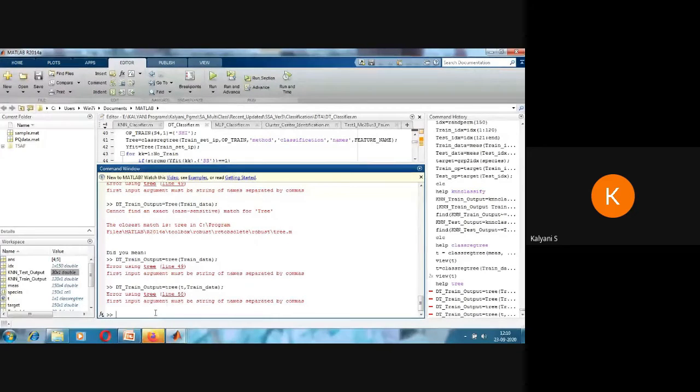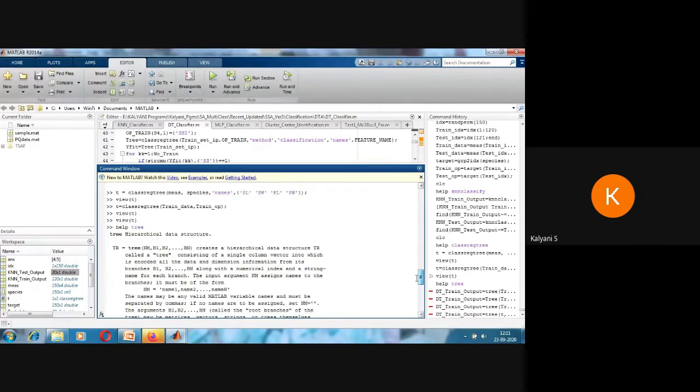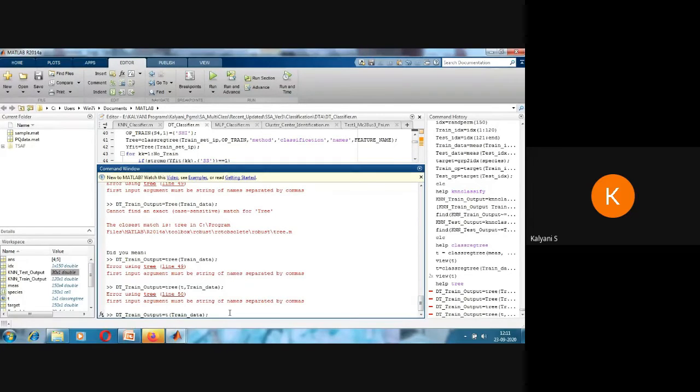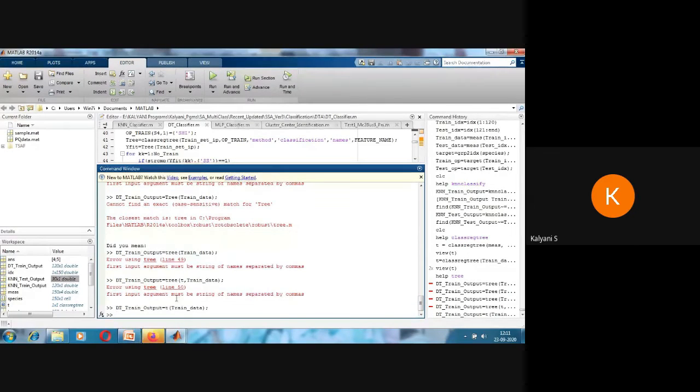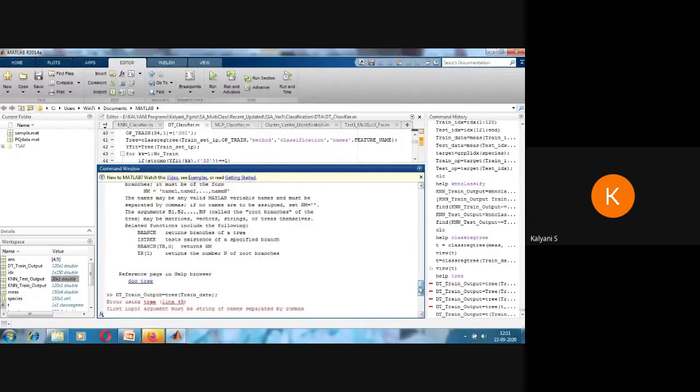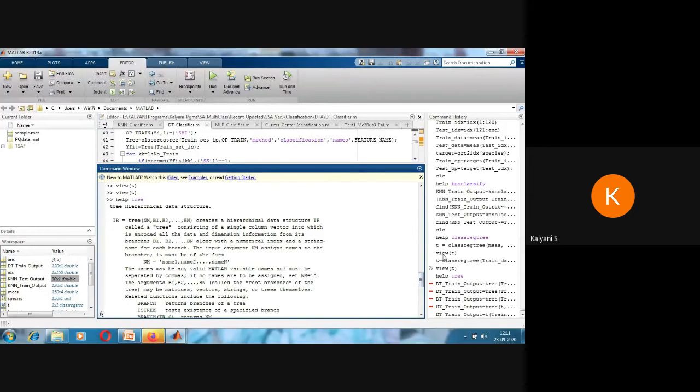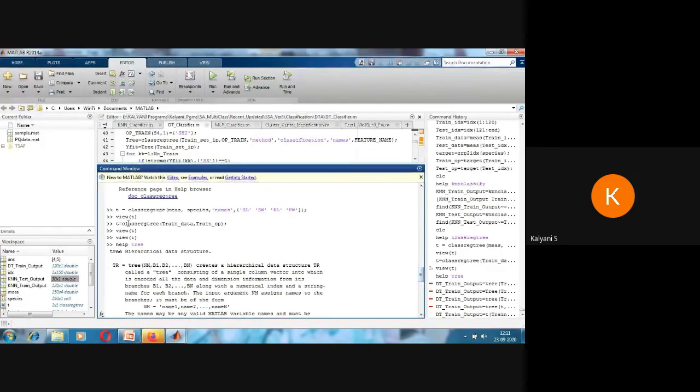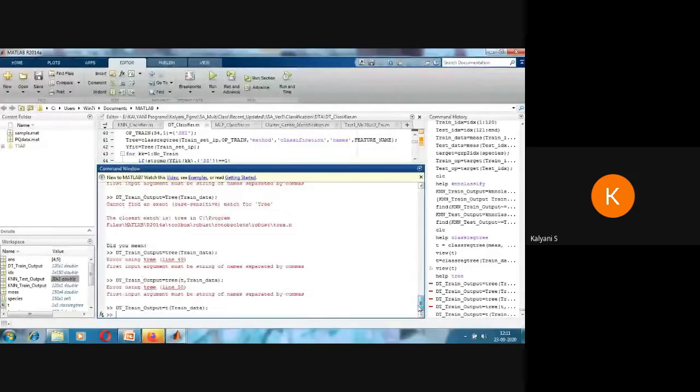Wait for a minute. I'm sorry, the function name is not tree. In class regression tree, you are building a tree and you have stored it in T. So now T is your structure. You have to simulate only the tree. Since here it is T, we can use the same function here.